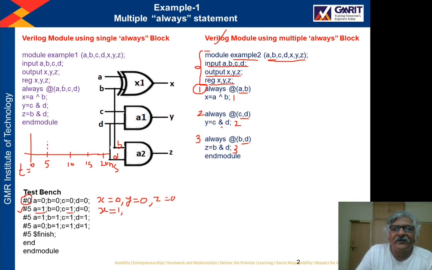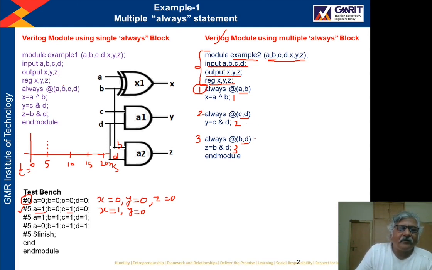This statement is C and D. C is 1 and D is 0 at 5ns, so the result will be 0. So there is no change in the value of Y. Y will remain 0.